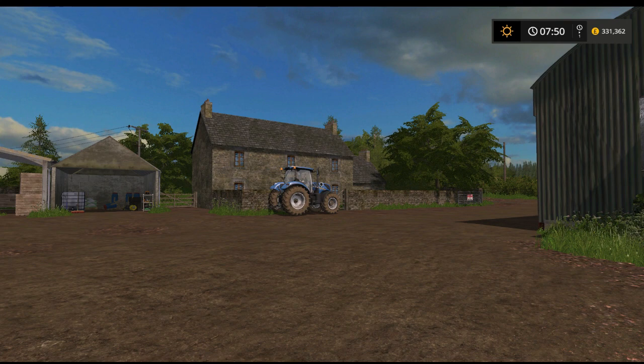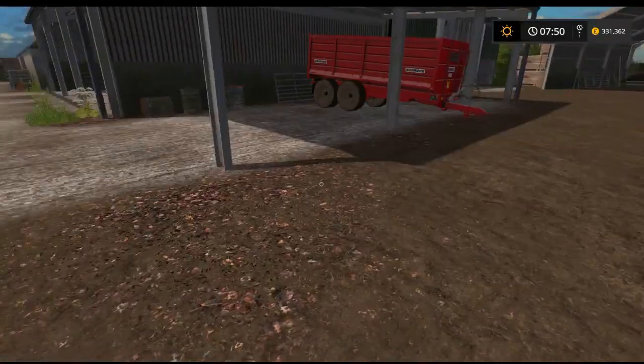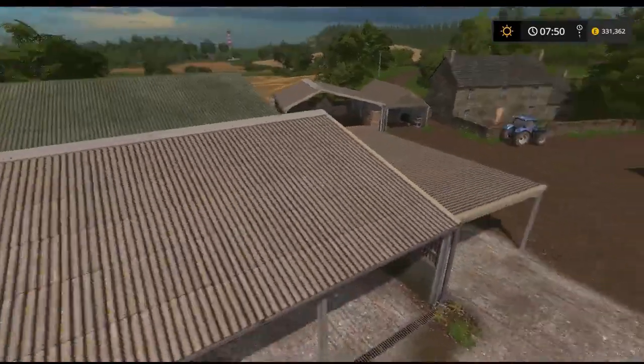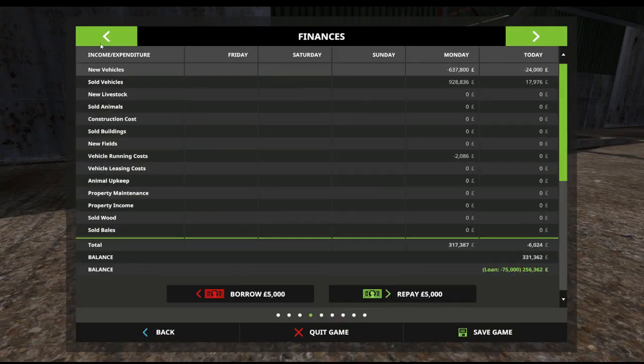Since the last episode I have harvested all the fields that we own. So that's 1, 2, 3. Put the combine away. So the combine is in that shed and its header is down here. I didn't sell any of the grain from the...